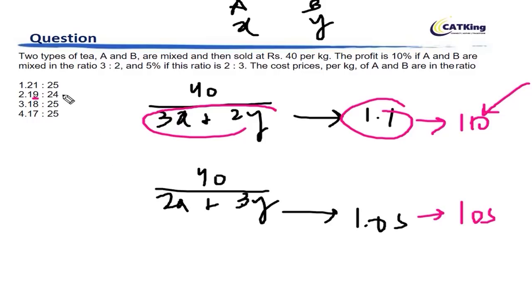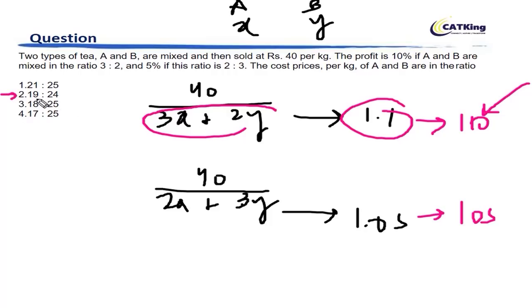Right? So this option does not give you that. Let's see something else. 3 into 8 and 2 into 5. No, we are not getting it. 3 into 7 and 2 into 5. Again here also not getting it. 3 into 1 and 2 into 5, we are not getting it. So the only solution that seems feasible is the second one.